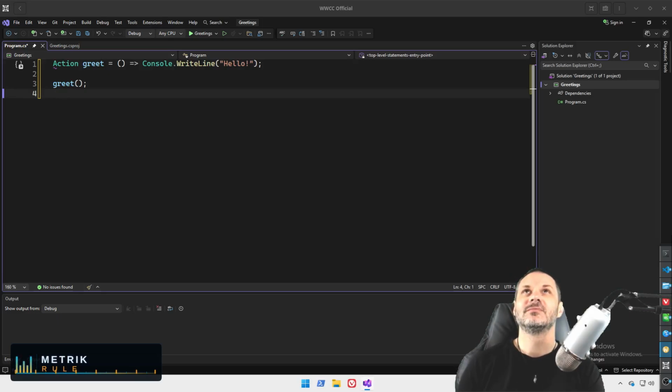So the fat arrow is the delivery man for the logic. Everything to the right is the payload. Yes, that's the body of the method. Everything to the right of the fat arrow is what executes when you call it. When the body is just one expression, you write it right there in line. No braces, no return. That form is called an expression lambda.